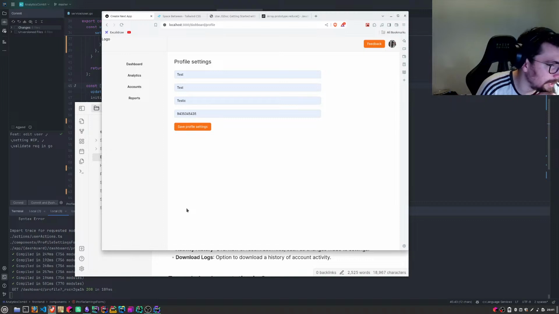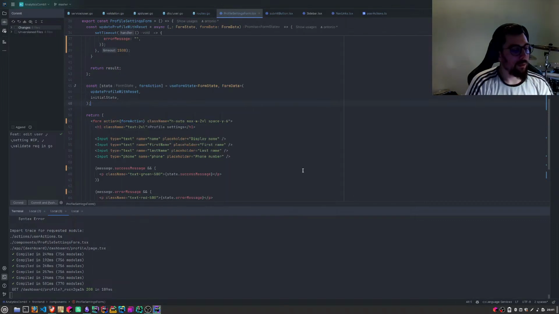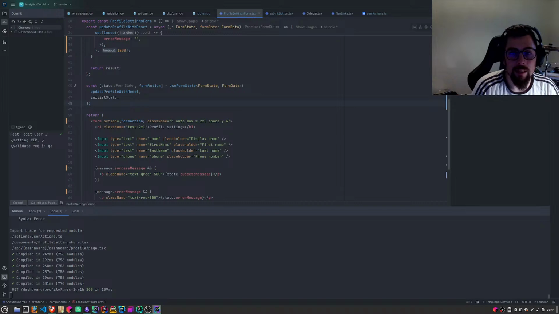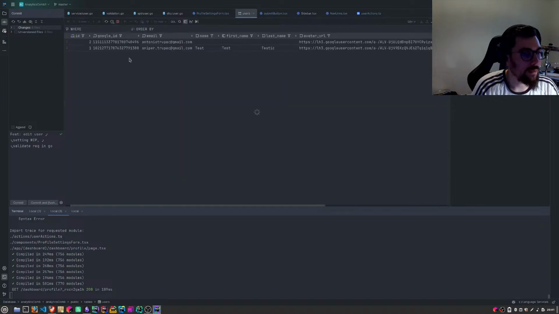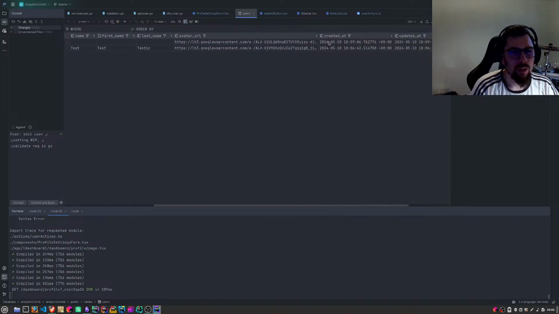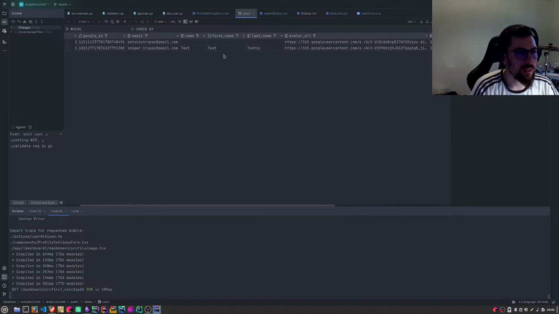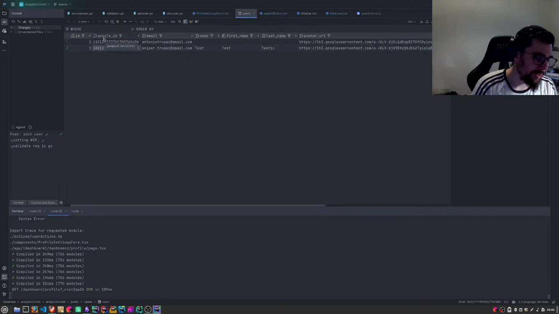Then the account gets created in my database, pulled from your Google account into my server. I have URL, last name, first name, name, email, and this needs to be renamed to provider ID. But yeah.